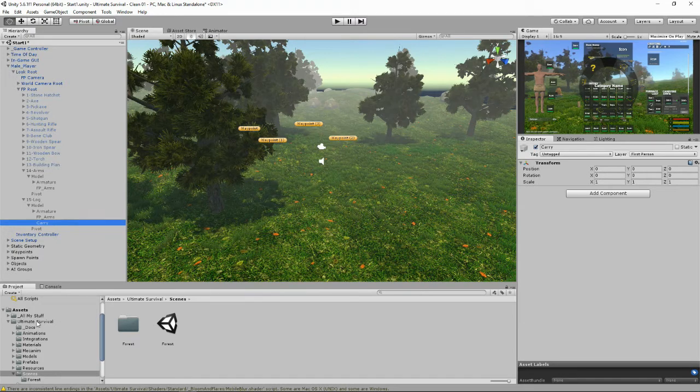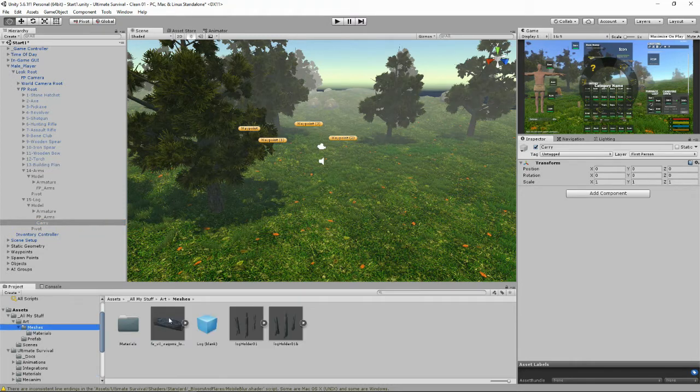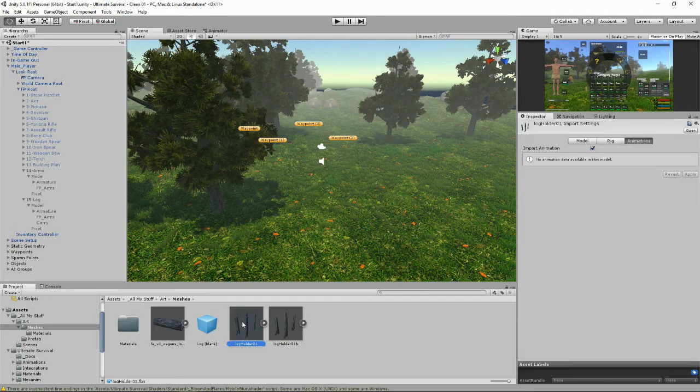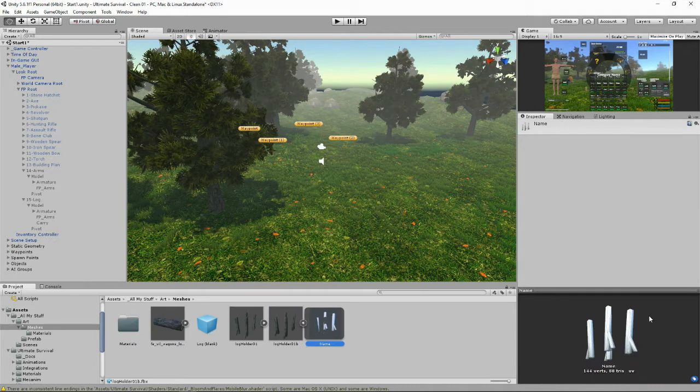So let's have a look at all my stuffs folder. I've got an arts folder, and in there I've got meshes. Here we go. We've got the log that you've got as a gift, and we've also got these log holders that you've got as a gift that we're playing about with. So first things first,